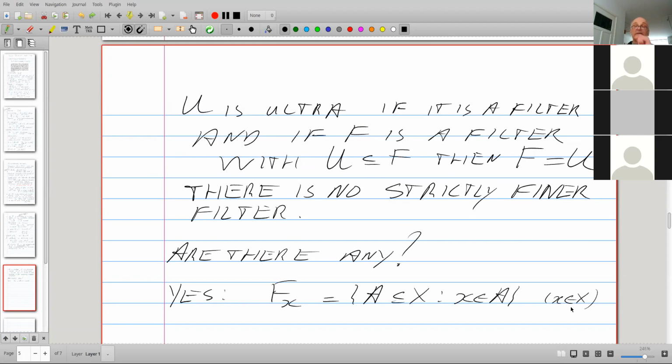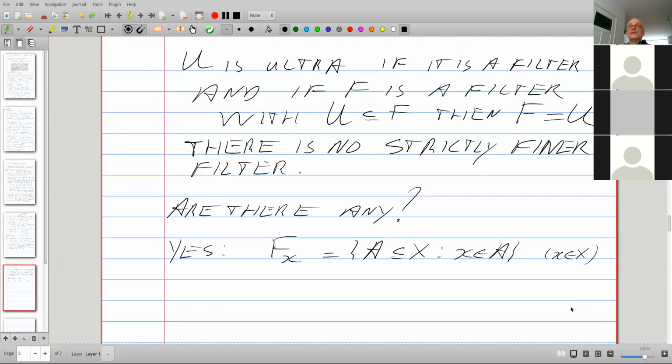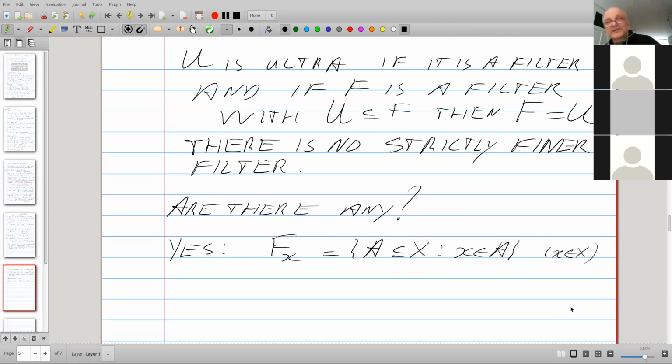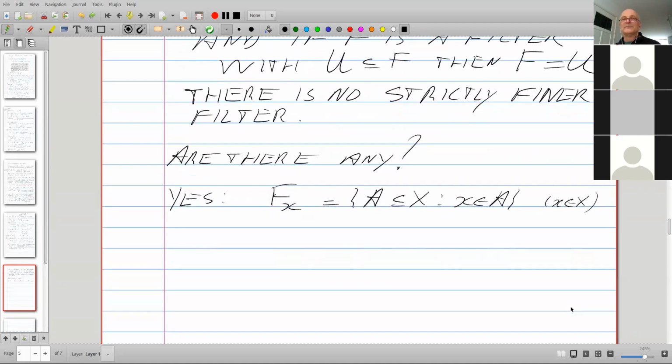Those principal filters that I talked about a few moments ago, they're ultra. Why is that? Well, this is a moment where I could really use the characterizations that I'm going to talk about in a moment.